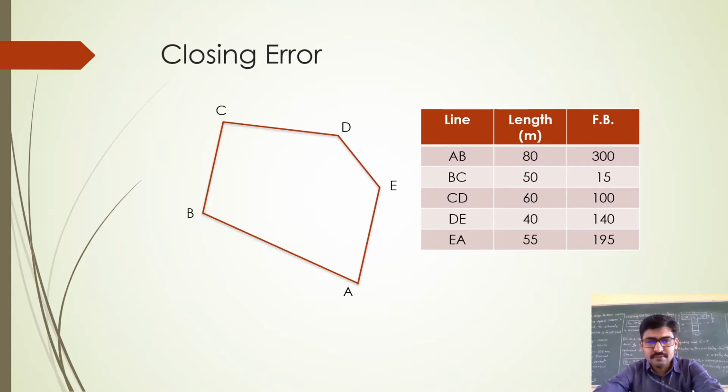Whenever you want to carry out any kind of survey, the first thing is to know the length of the line and then the direction of that line. Most of our survey work, you observe or measure the data from the field, then you come to the office, then you represent it in a diagram. So what you have observed from the field has to be transferred into a diagram.